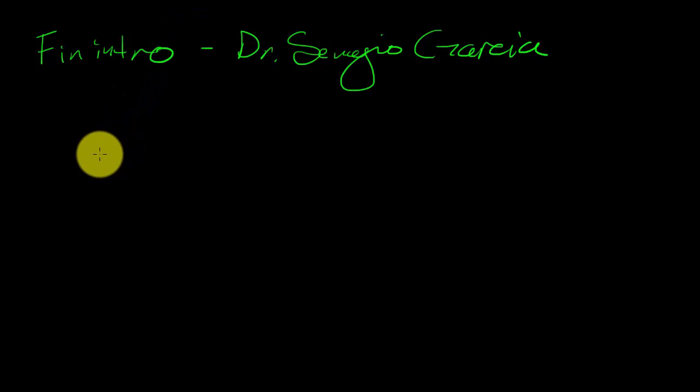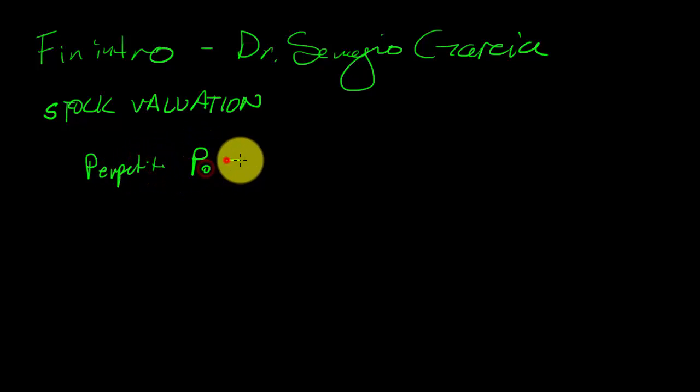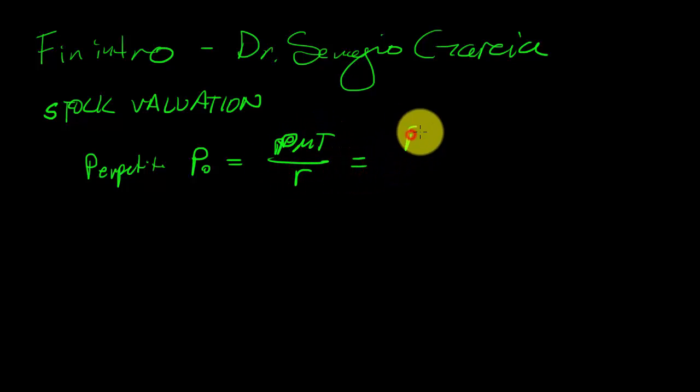Okay, so here's finintro. We are in chapter 5, and we are looking at stock valuation. Stock valuation, as we saw from the lectures and from the other notes, really approximates a perpetuity. So instead of having payments in an annuity, if I have a perpetuity, then the price of the perpetuity is going to be calculated by payment over R,